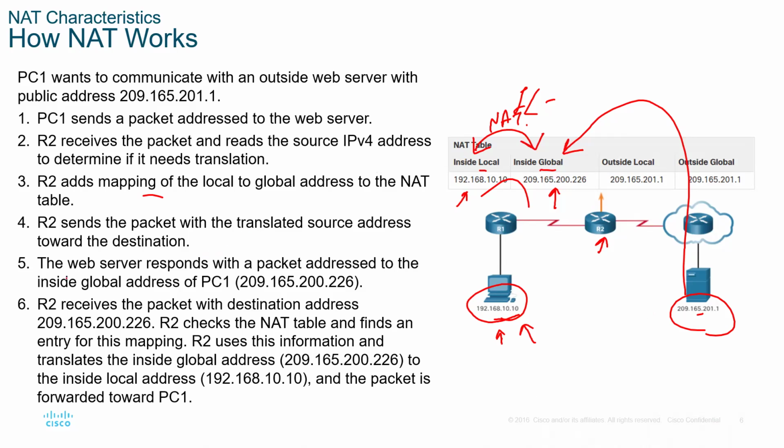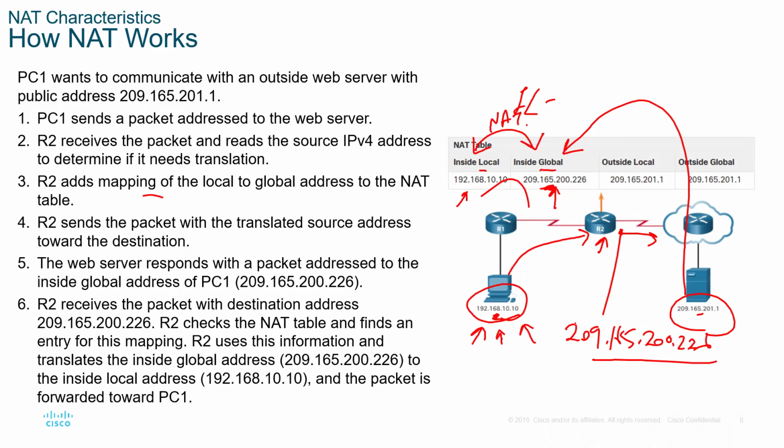So basically, what's happening here, if I send a packet from this device, this is the source. As soon as this packet arrives at our NAT-enabled router, this address is translated to a public IP address. This is the public IP address it is translated to. Then from there, when our packet is leaving to the destination, what will be its source? Its source will be 209.165.200.226, which is our